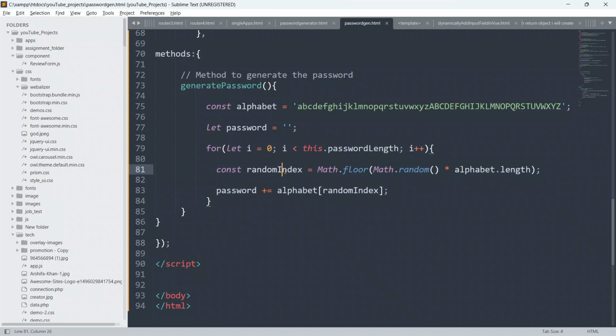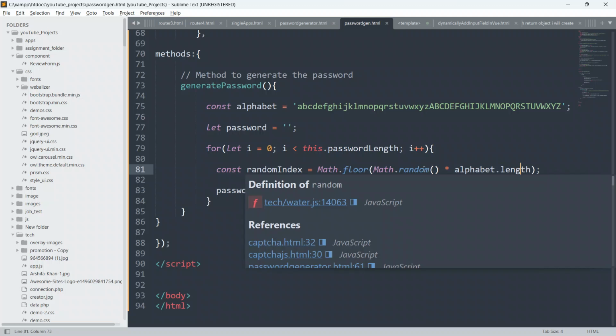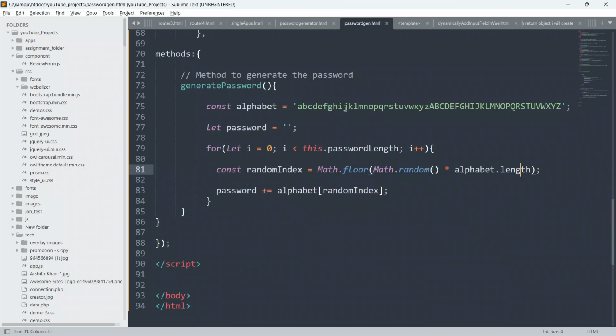It can get anything, because this is a random index, and here I am using Math.floor and Math.random multiplied by alphabet.length. So from the first cycle it gets 10, from the second 11, from the third 12, from the fourth 0, from the fifth 17, from the sixth 3, from the seventh 9, and from the eighth cycle it might get 20 also.